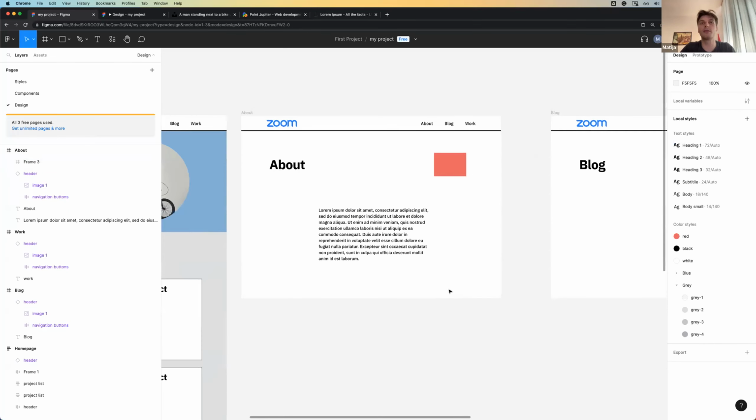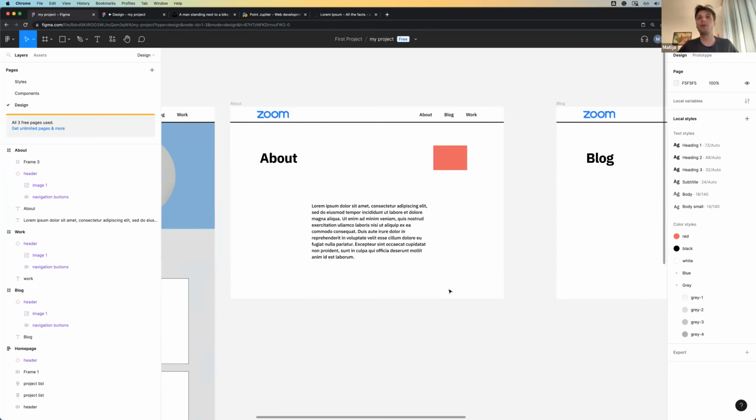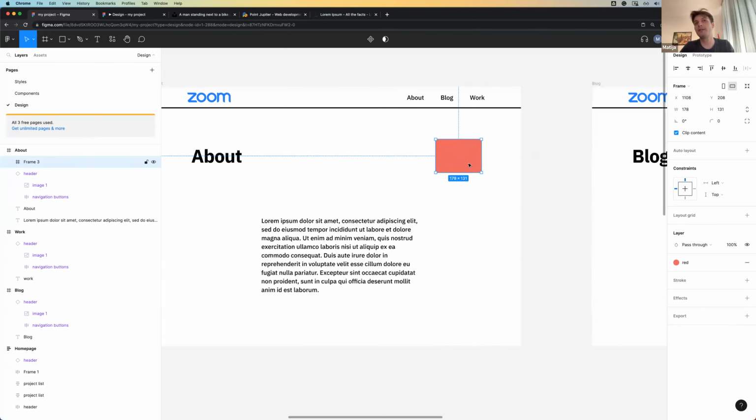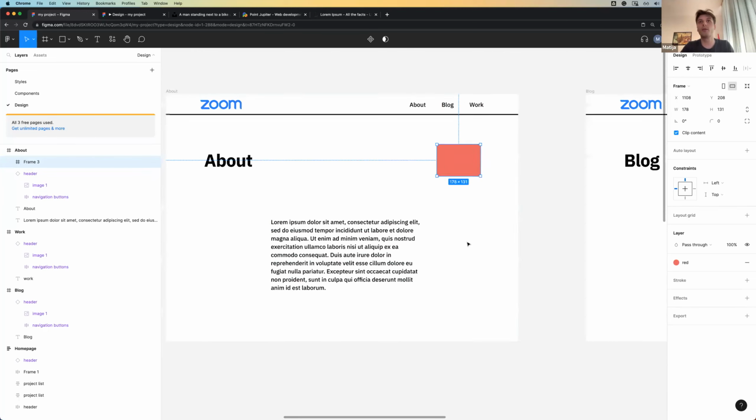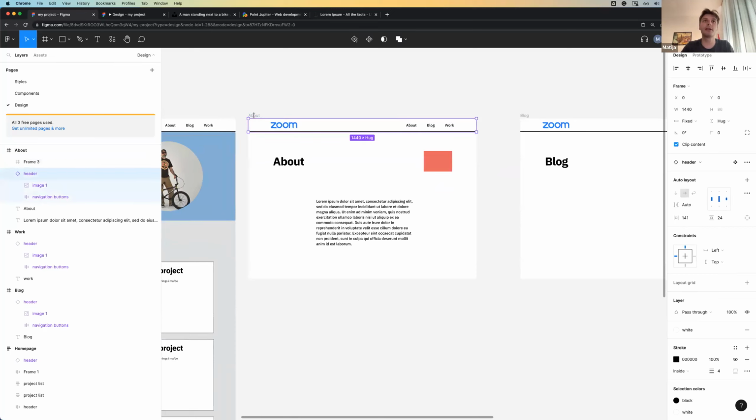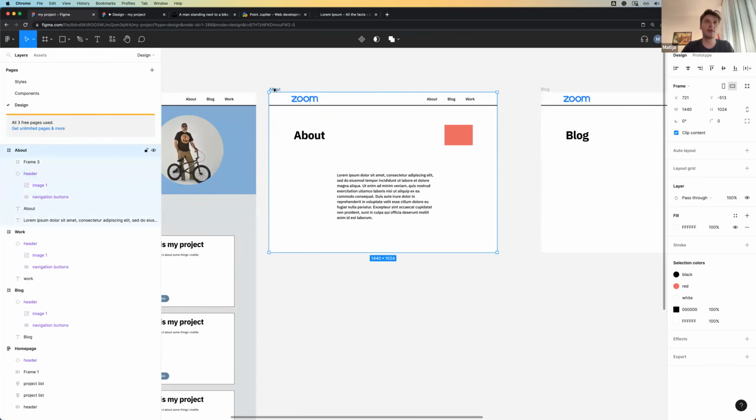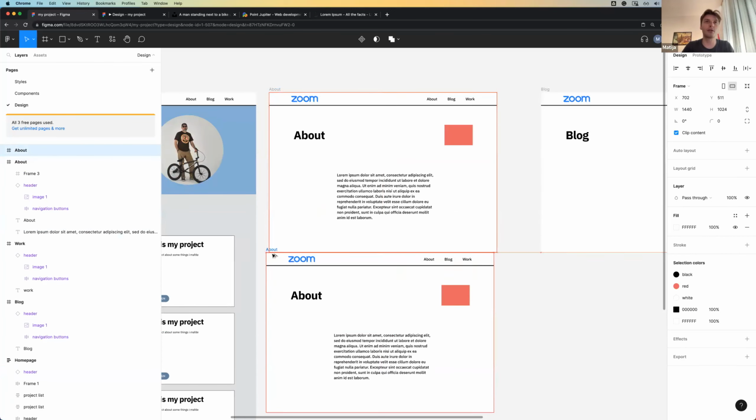I don't know if I was clear. So I want to click on this square, and I want it to have an animation for it to go like this. So what I can do, I can copy this entire page by holding Alt or Option,